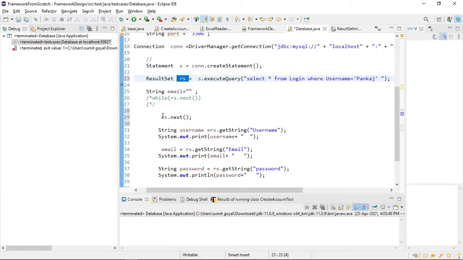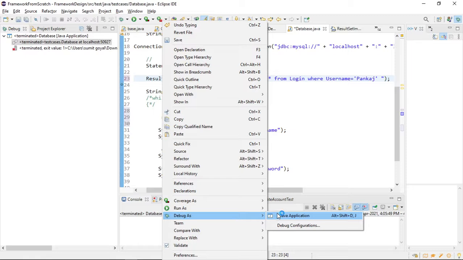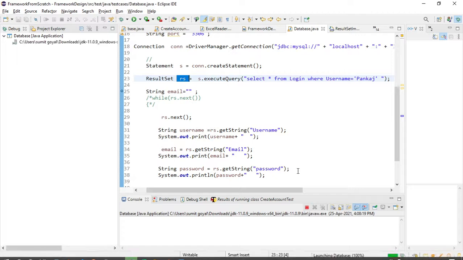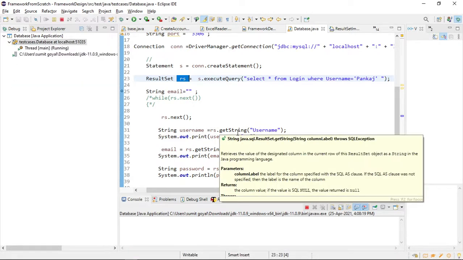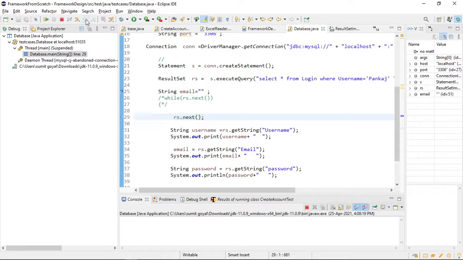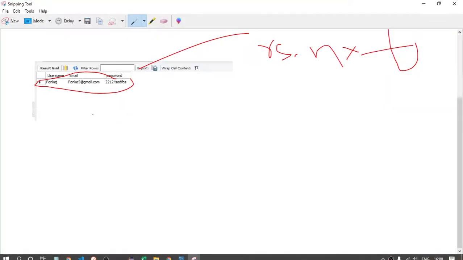I will call rs dot next one time and debug this again. Now once it starts pointing to this, get me the first username value, and then email, and then password.